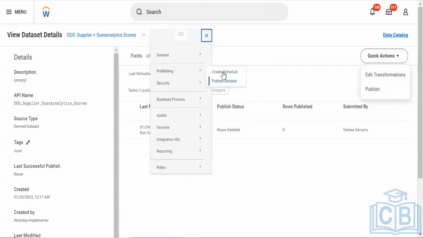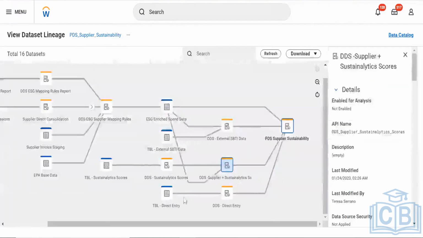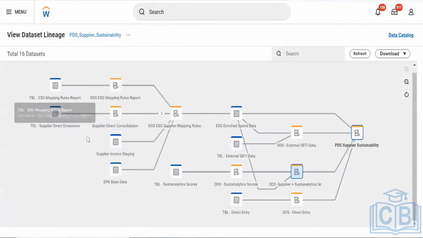I can also create a schedule for it. Let's say I'm getting data on a regular basis, say daily, my data is being updated, and that update should also get published. Otherwise, let's say the data is flowing on a weekly basis. It's getting collected over here in the derived data set, but my PDS is not getting published.